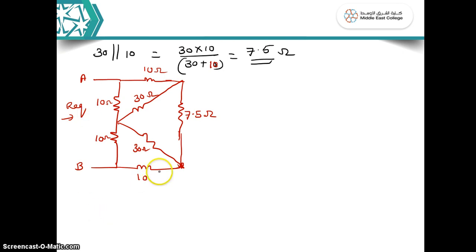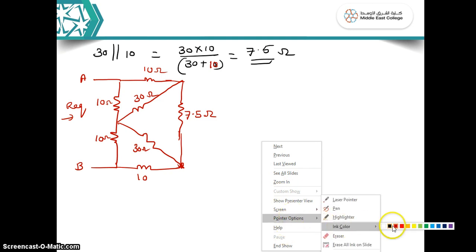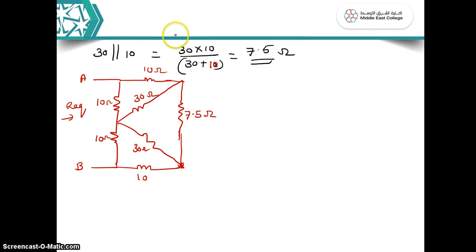Alright, so now again it's in a condition that you cannot further solve this question. So again we will have to go for a Y to delta conversion. Now, any one Y network, you can see many Y networks in the question. So take any one Y network. You can see, look at this. This is a T network like that, it is meeting 3. Or this is a T network, it is again meeting 3 resistors here.